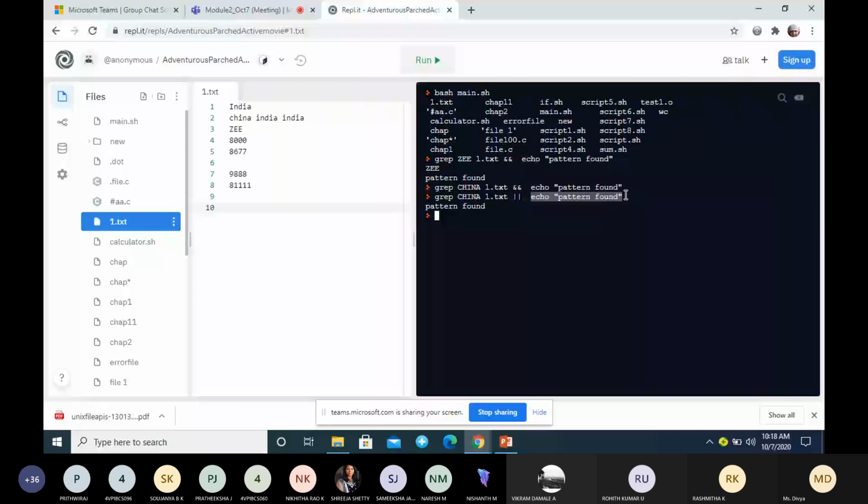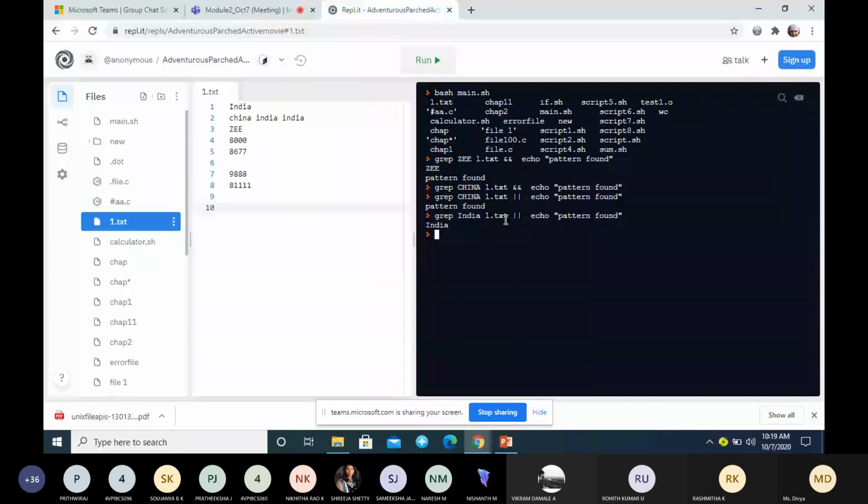What if it is like this? See the output. I have India in 1.txt, and I'm displaying this with or. It will give only the output of the first command.